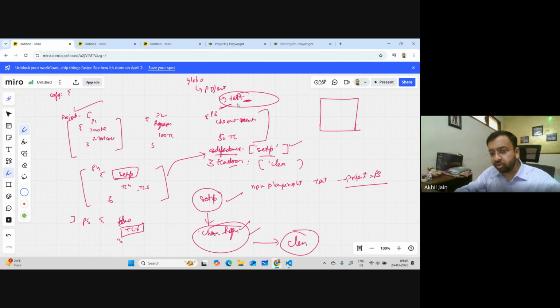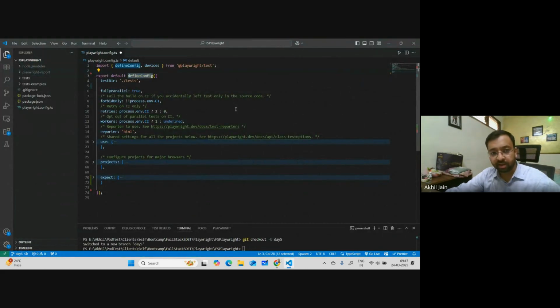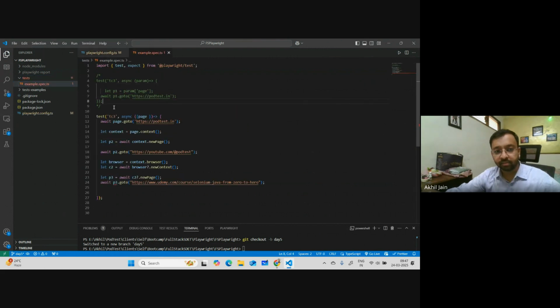Now, where will you define test things? Test things will not go under this file. No, they will not go under this file. They will go under your test case. This part. Let's say this is my test case. What you can do is